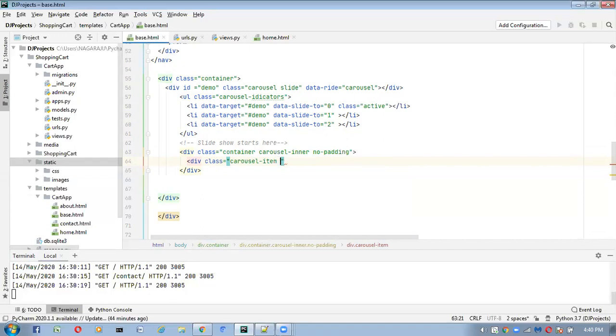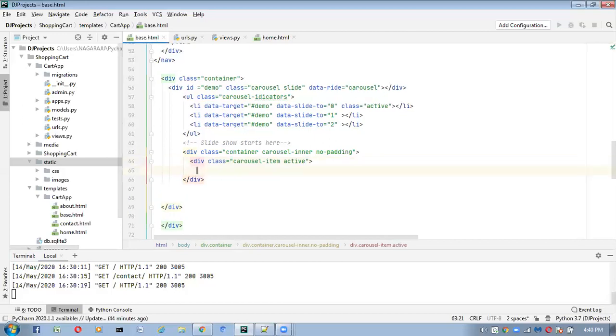Here first one carousel item active, first slide I'm taking active here. Inside this div tag what we have to take: columns. I'm going to take column size and all here.